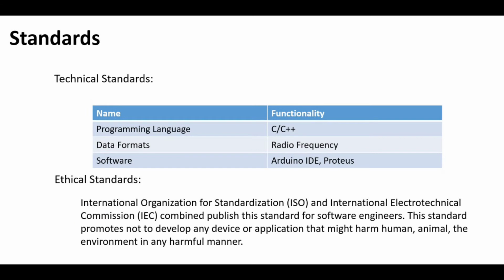Now let's take a look at the standards, impact and constraint of our project. So first of all, standards. The standards that we are following fall into three categories, which are technical standards, ethical standards and safety standards. So first of all, for technical standards, the programming language that we're using is C or C++. The format by which we are sending the data from the device to the base station is radio frequency, and the software that we are going to use in our whole project are Arduino IDE and